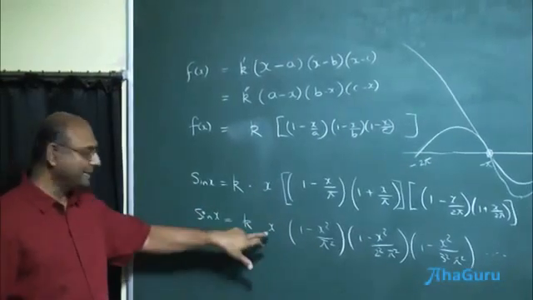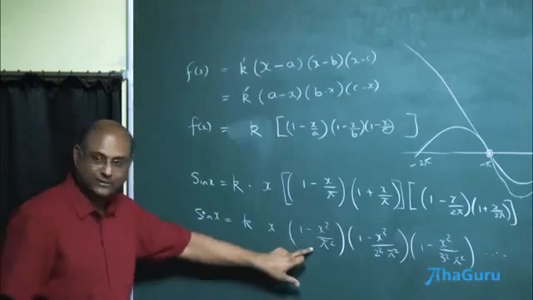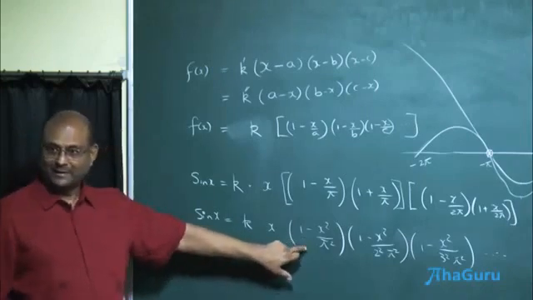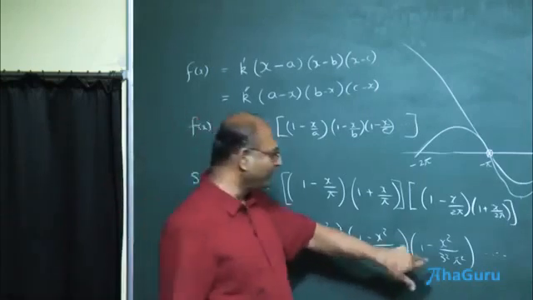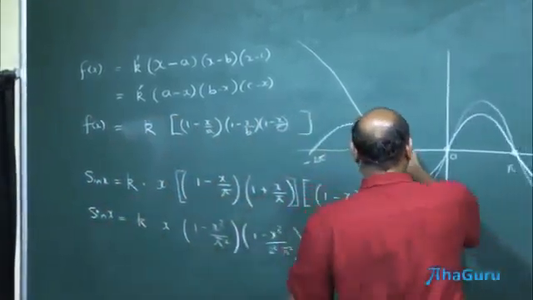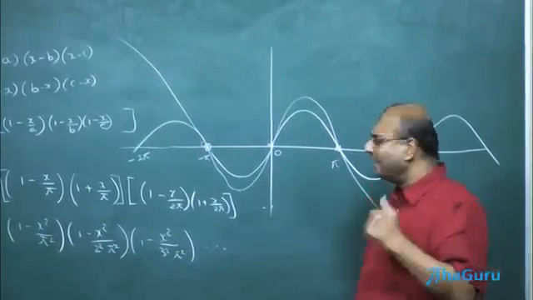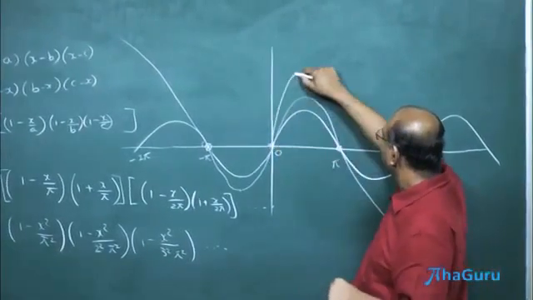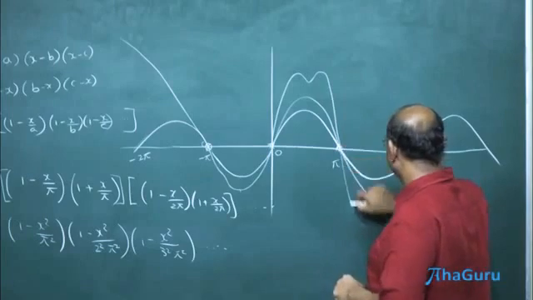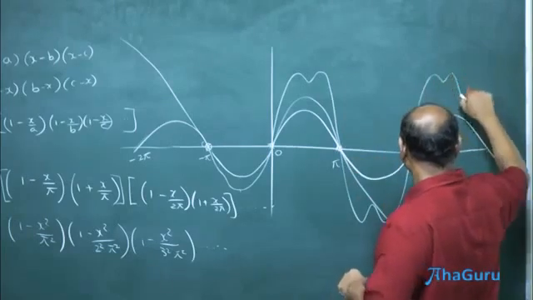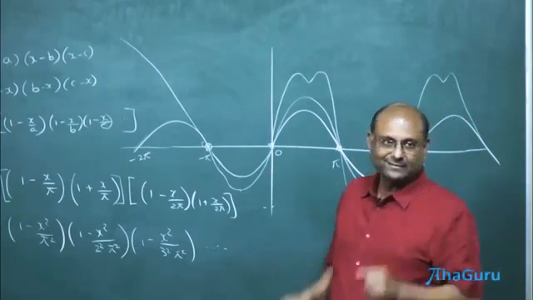Sin x has a 0 at x equals 0, yes. This has a 0 at x equal to pi and minus pi, 2 pi and minus 2 pi, 3 pi and minus 3 pi. So it has all these zeros. But wait a minute, why can't there be something which does that and comes this way and does this and comes that way? In principle it can.